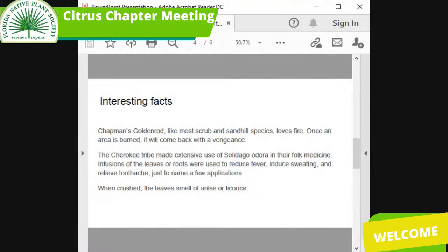Some interesting facts. Chapman's goldenrod, like most scrub and sandhill species, loves fire. Once an area is burned, it will come back with a vengeance. So it's a very hardy perennial. The Cherokee tribe made extensive use of Solidago odora in their folk medicine. Infusions of the leaves or roots were used to reduce fever, induce sweating, and relieve toothache, just to name a few. The reason for the anise name is that when you crush the leaves, they smell of anise